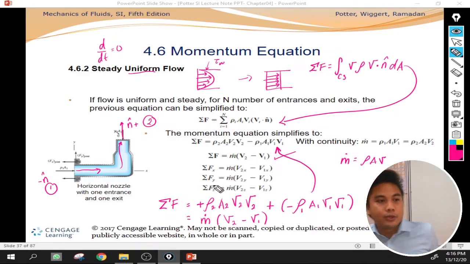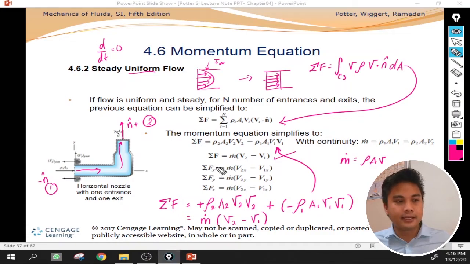So from here, you realize that we have 3 separate components, x, y, and z. So for this case, we try to separate in terms of x, y, and z analysis. So from here, we just add the subscripts x and x, y and y, z and z.